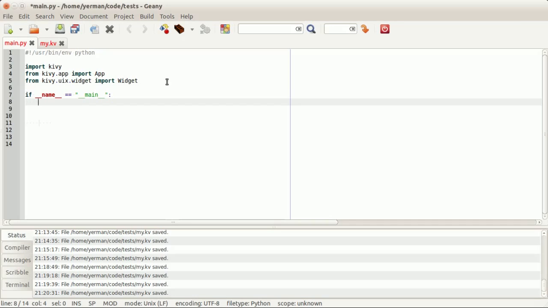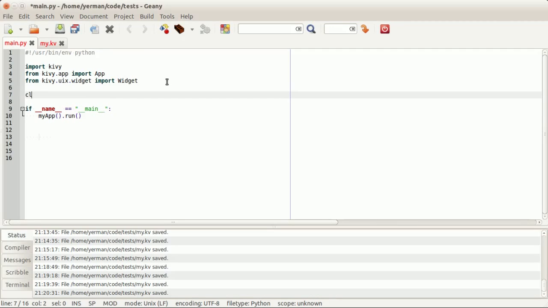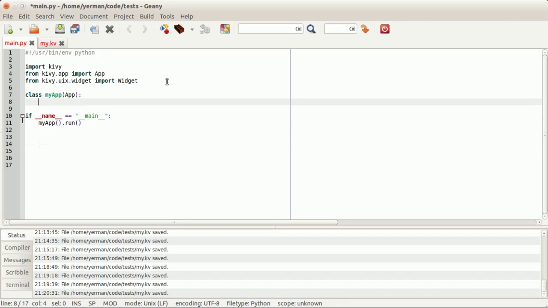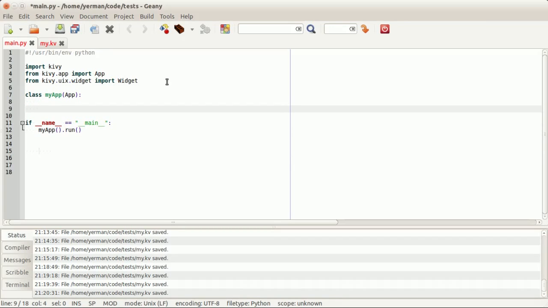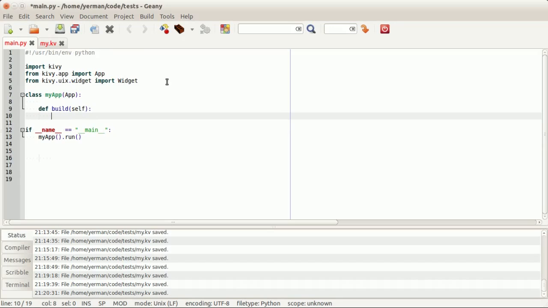well, our first class is going to be called MyApp. I'm going to call this MyApp, so we're going to say MyApp().run(), and create that class MyApp, subclassing App. So this is going to be our app. The build method we'll call our app,